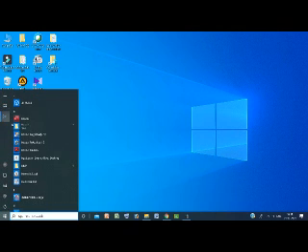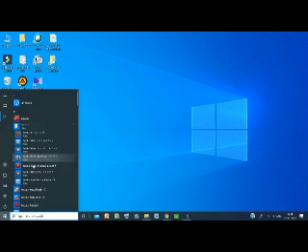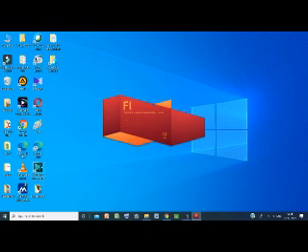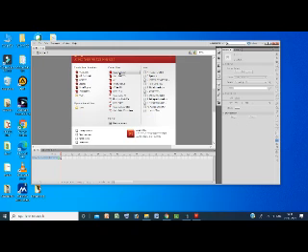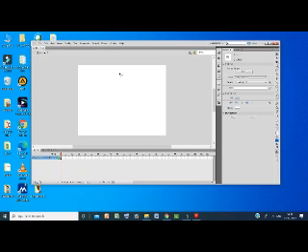Then you have to select Adobe Flash Professional CS 5.5. At that time the Adobe starting screen will appear. In this window, you should click ActionScript 3.0. At that time the Flash window will appear.